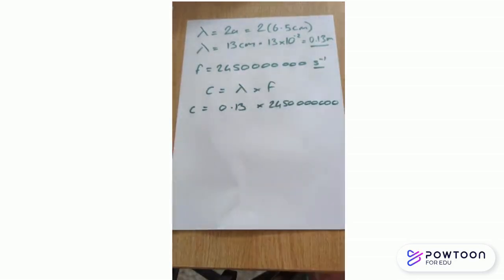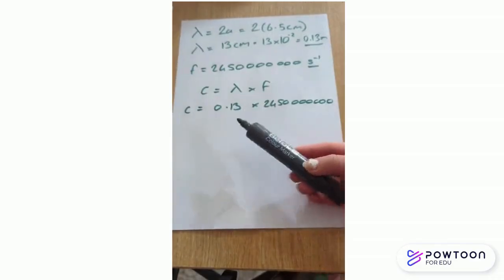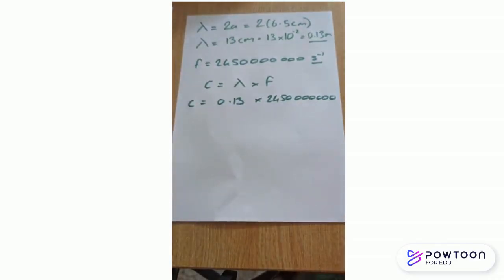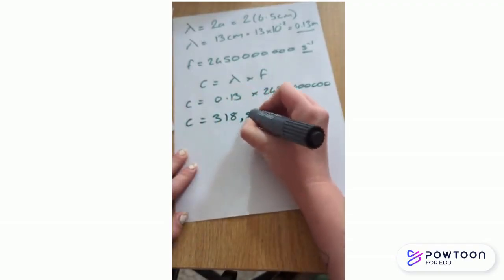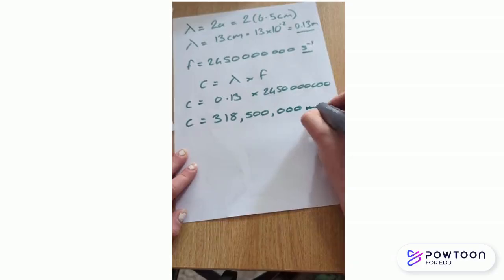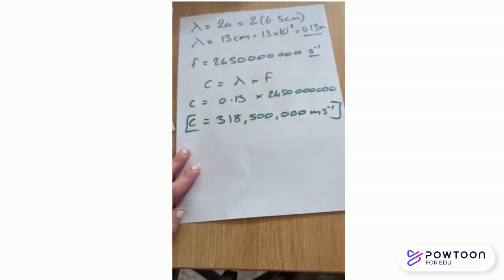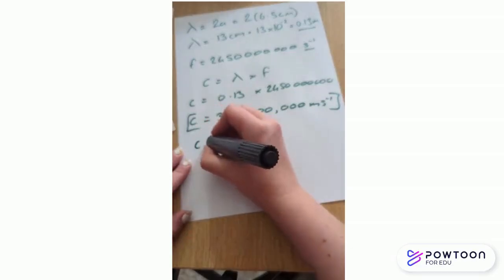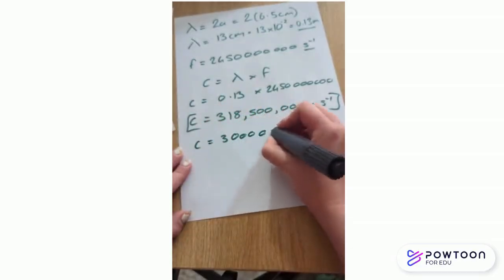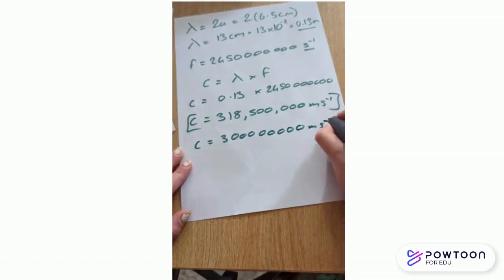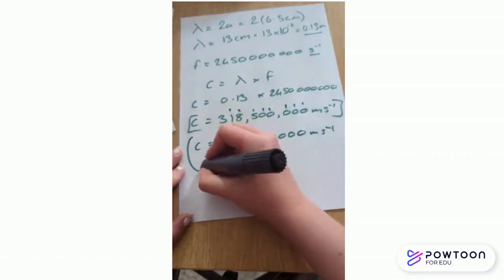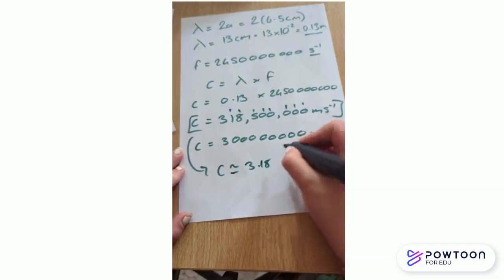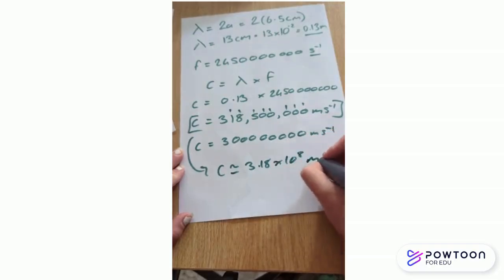Kids don't really, I wouldn't know how to multiply a decimal off the top of my head, so you can just chuck it into a calculator, which I have done already. So the answer to this is 318,500,000 meters per second. Perfect. So what was the answer we were looking for? It was 3 by 10 to the 8, which is 3 with 8 zeros. 1, 2, 3, 4, 5, 6, 7, 8 was our ideal answer. We have 1, 2, 3, 4, 5, 6, 7, 8. So we did get that C was approximately 3.1 by 10 to the 8, which is really good and